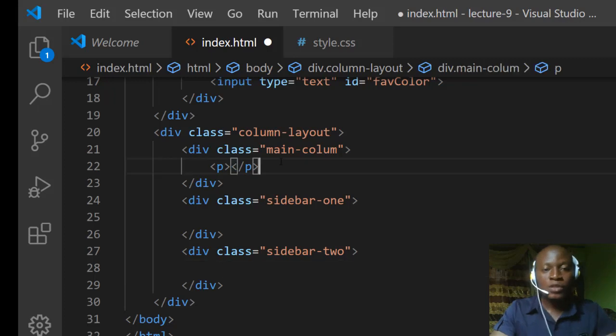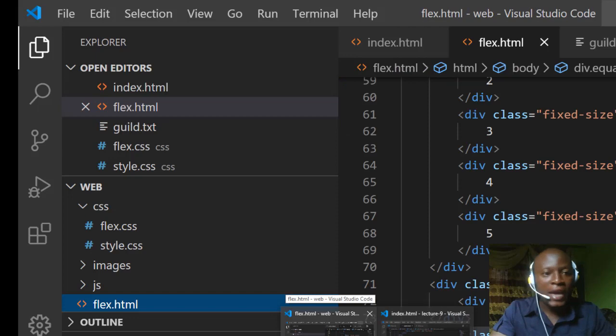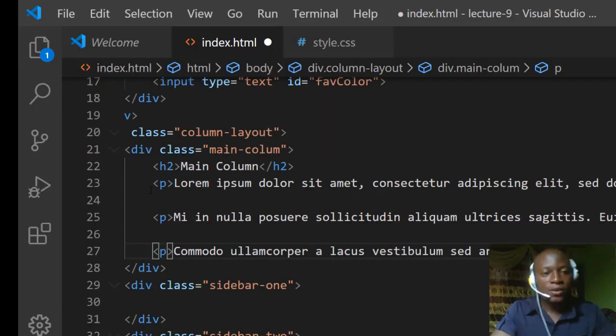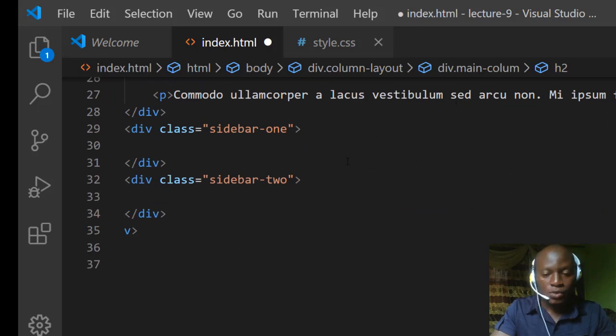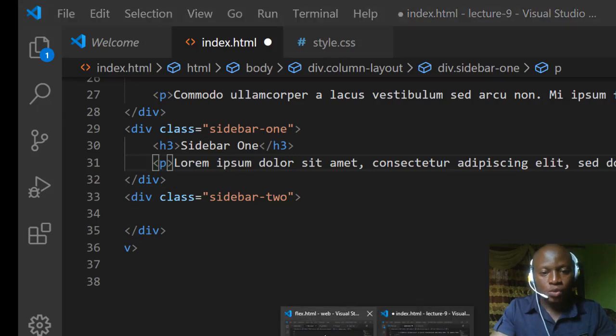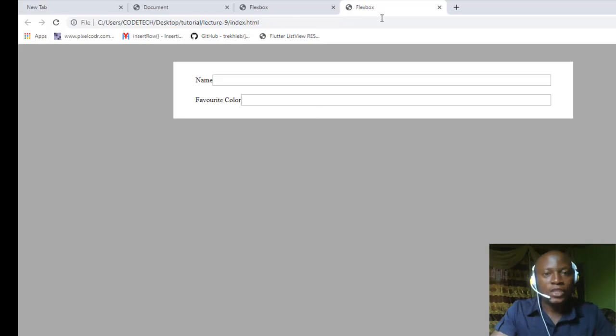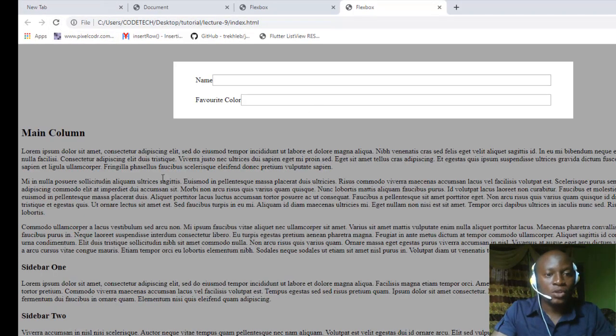Just because I do not want to waste too much of our time, let's hit Ctrl S to save our job. Then if we head straight to the next window over here, I can quickly copy some paragraphs and paste. Now I have a 3 columns layout with a single heading. So what about my sidebar 1 and sidebar 2? Let me quickly copy it. Then the last one is the sidebar 2. I'm going to hit Ctrl S to save my work, and if you refresh right now,